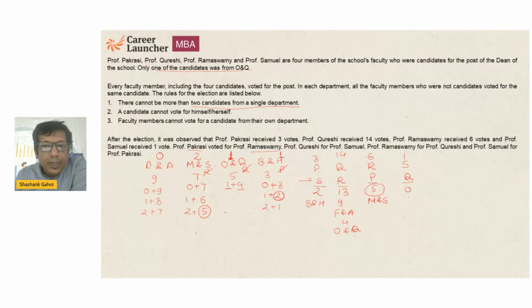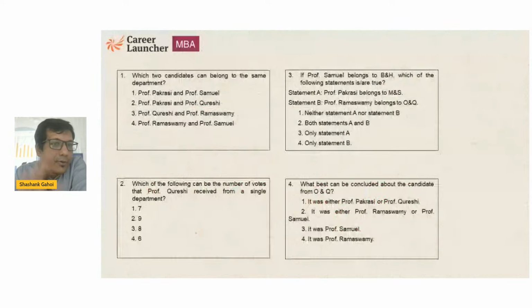अब आर ने पी ने आर को वोट किया, तो पी और आर का डिपार्टमेंट सेम नहीं होगा, ठीक है। पी और आर का डिपार्टमेंट सेम नहीं है, क्यू एंड आर का डिपार्टमेंट सेम नहीं है, एस और पी का डिपार्टमेंट सेम नहीं है। यहां तक हमको पता चल गया, ठीक है। अब हमको निकालना है कौन से 2 लोग। If I am going to look at question number 1, it is